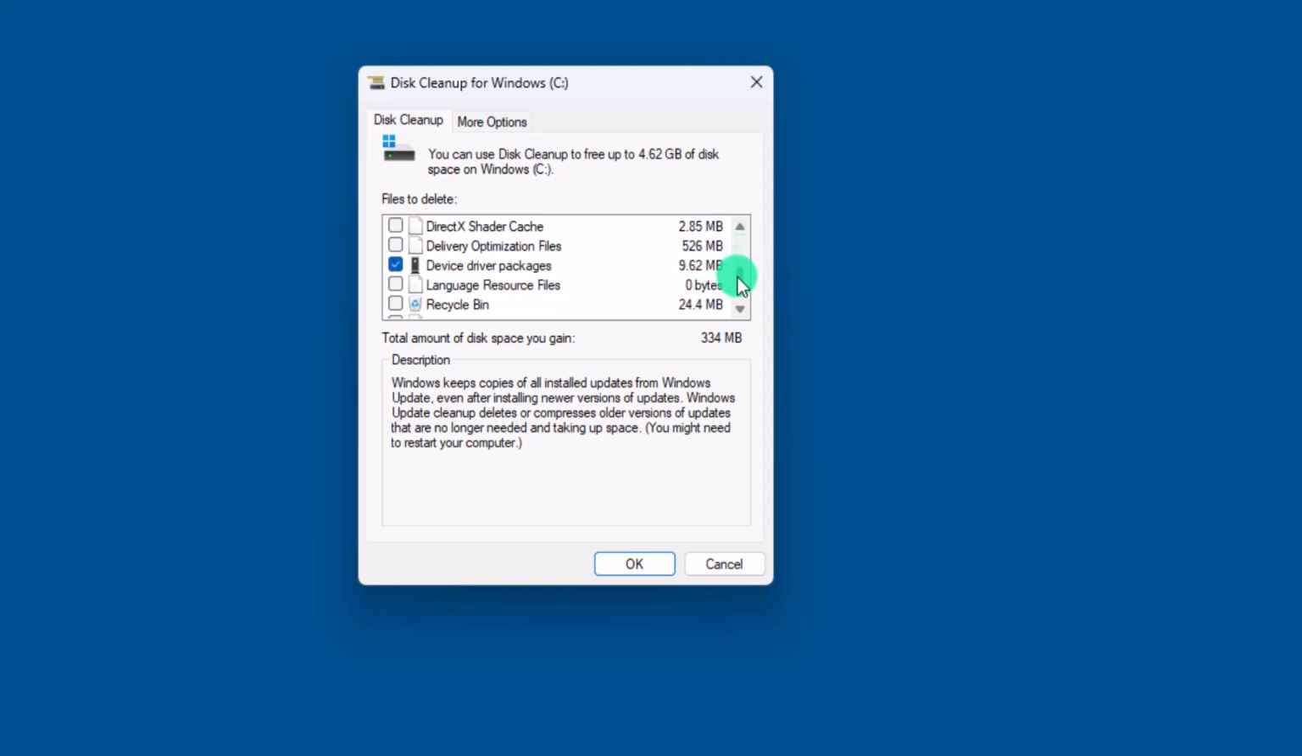The best ones to focus on are your temporary internet files, the recycle bin, and temp files, but you can select all of them if you like. After you select the boxes you want, click OK. Wait a moment for the process to complete, and then it's time to move on to the next step, which